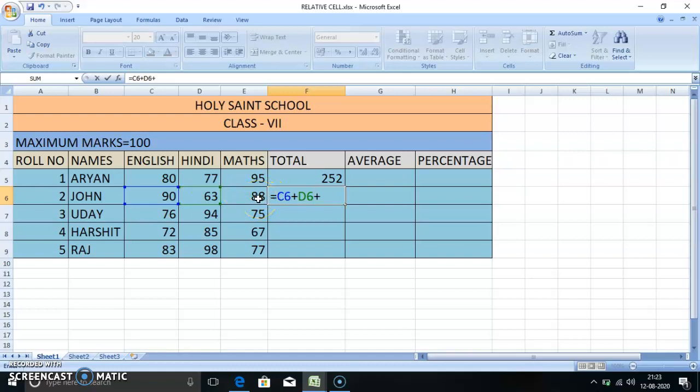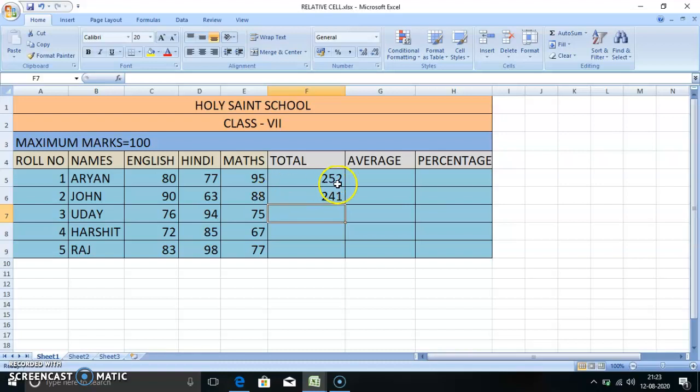Then the marks of maths. Again we click on the maths cell, and the cell name is E6. Now we get the formula equals to C6 plus D6 plus E6. Now we press the enter key to get the answer. We get the answer 241.